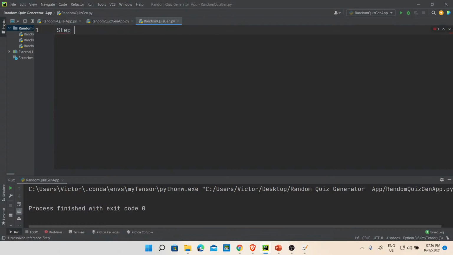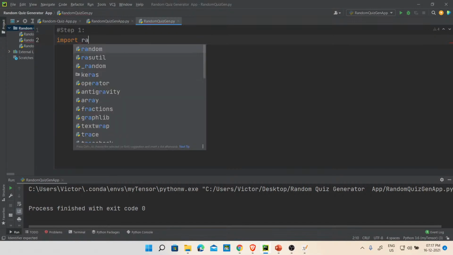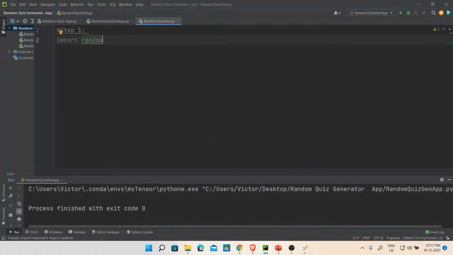The first step, we need to import all the necessary libraries. Only one library now we need, random, because we are going to use the shuffle method to reshuffle the questions. No problem. So now I will import this: import random. No worries. After importing random, what I need to do now is create what?